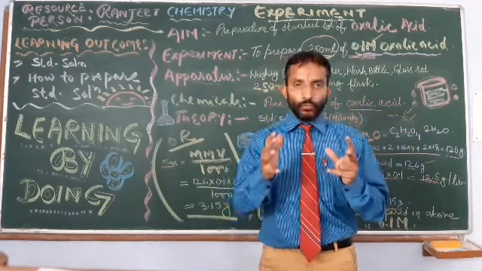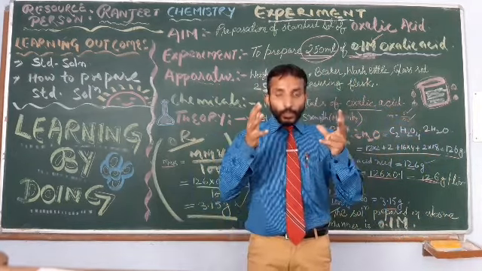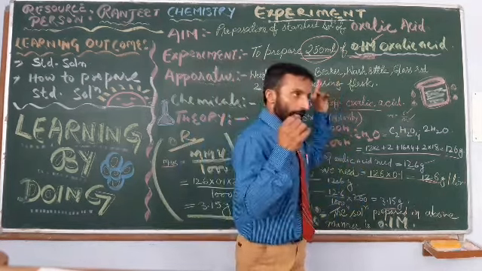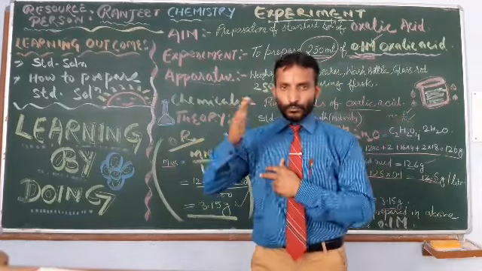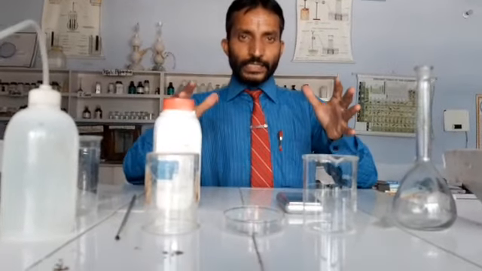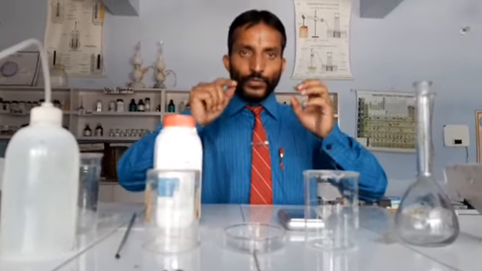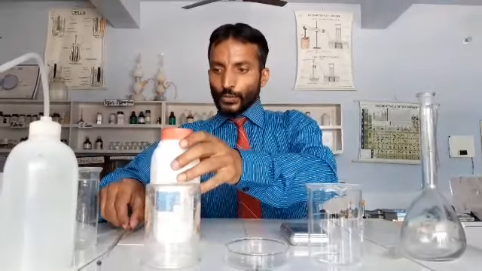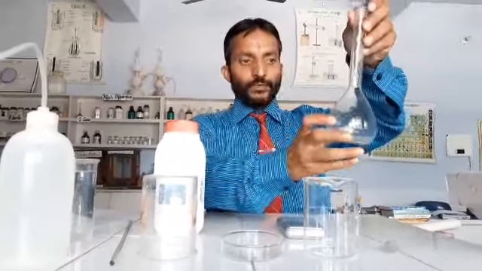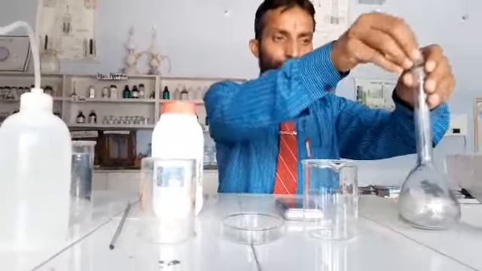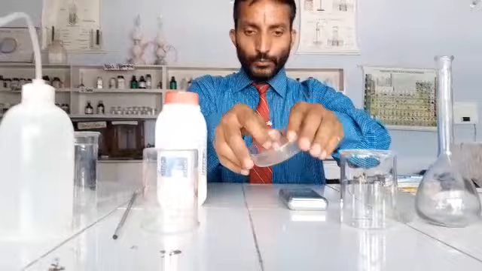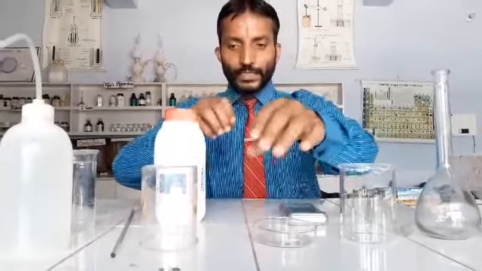Now, let us move to the lab to perform it practically with the help of this apparatus. Here are our equipments. This is your measuring flask, a 250 ml measuring flask. There is a stopper by which we will stop it. This is our beaker. This is the weighing box, which we have to use to weigh the chemical.